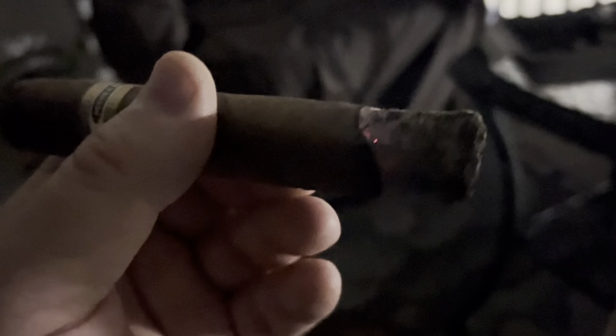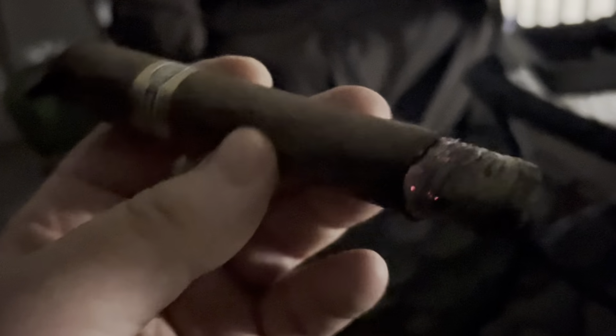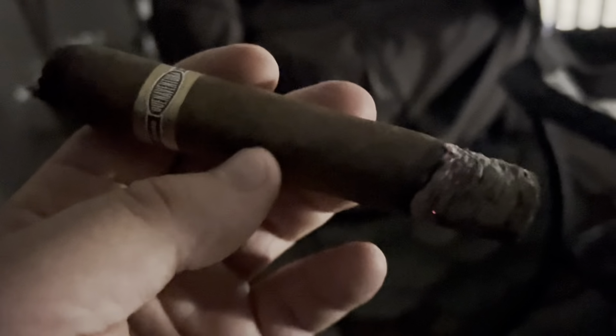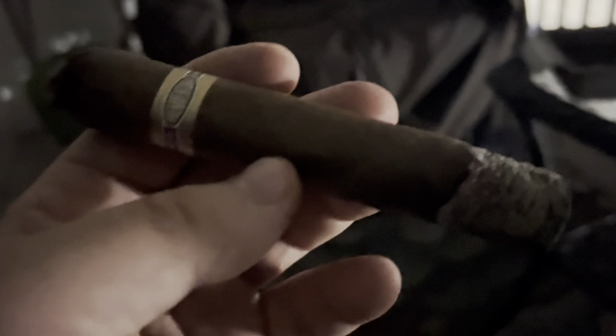The cigar's made well, I got to give it that. The cigar looks good. It's a silky wrapper, sure. And the cigar is priced very well. These are all positive things. However, though, the flavor on this, in my opinion, even at the price range, let's say $6-7 at a lounge, maybe a little more at a lounge, $8 on the internet, maybe $3-4,